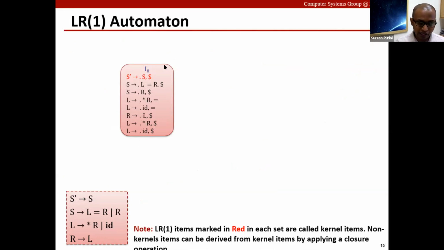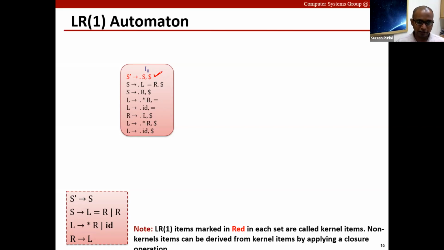An automaton is a collection of states with transitions between these states. We start with the state I0, and the base item that we include in the state I0 is this LR1 item, S prime goes to dot S followed by dollar.